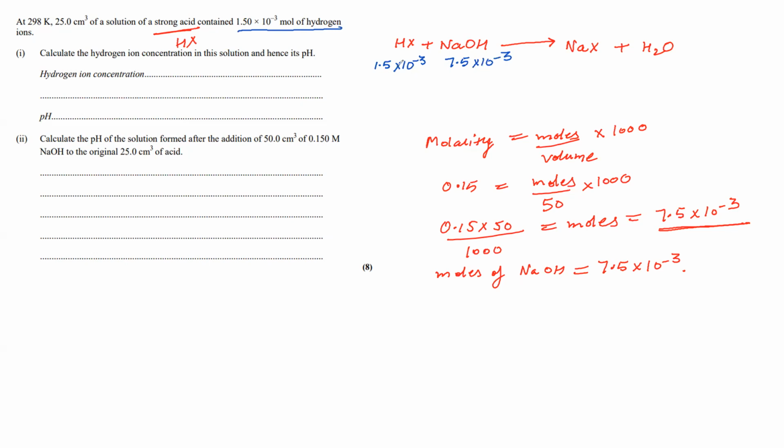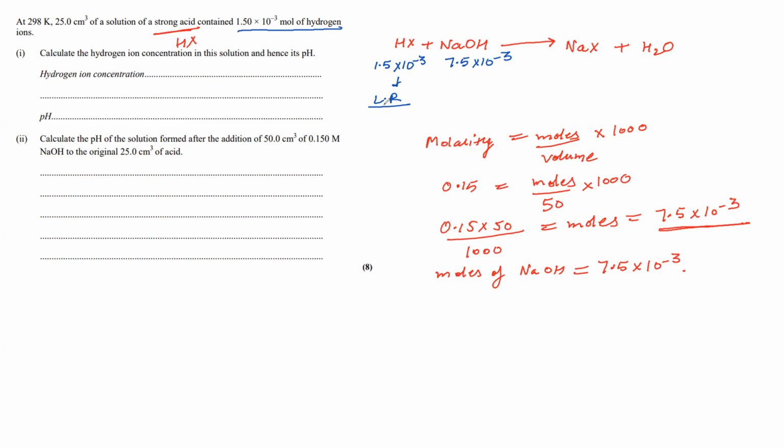Okay. So basically now what will happen? So this many moles of acid we have and this many moles of NaOH we have. So what will happen? Neutralization will happen. After neutralizing, the acid is the limiting reagent. Acid is present in lesser amount, so the base would still remain in the